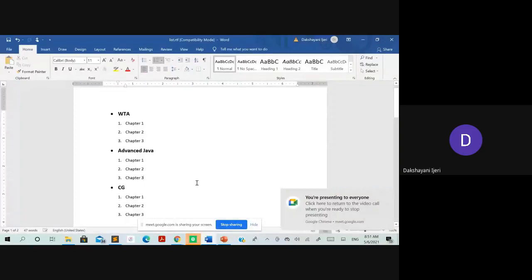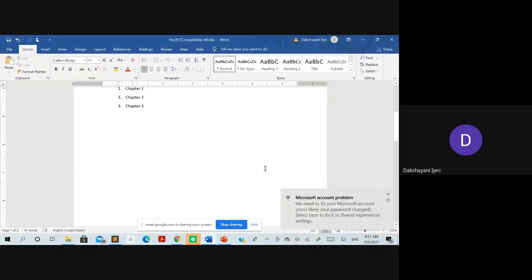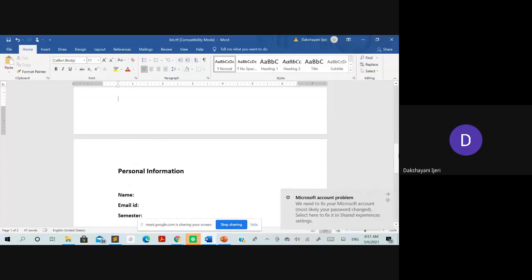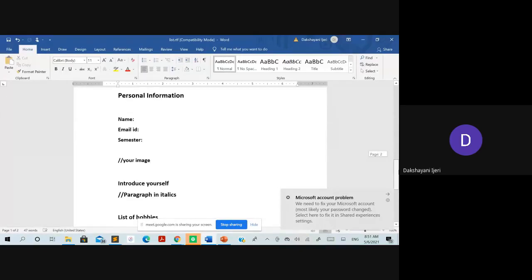Okay. So now I want all of you to start with one more HTML page where you are supposed to include all this content. I'll explain what you are supposed to include. In the same way, I want all of you to take the heading of your HTML page as personal information with the same font size in bold, followed by the content as your name in the same way.